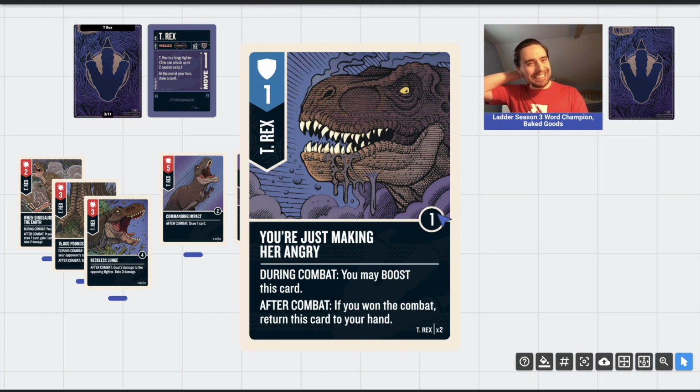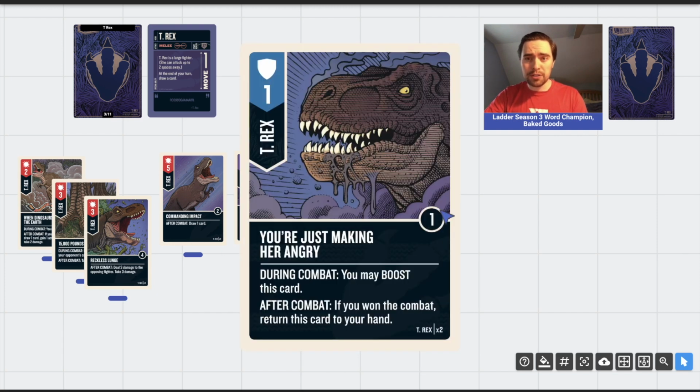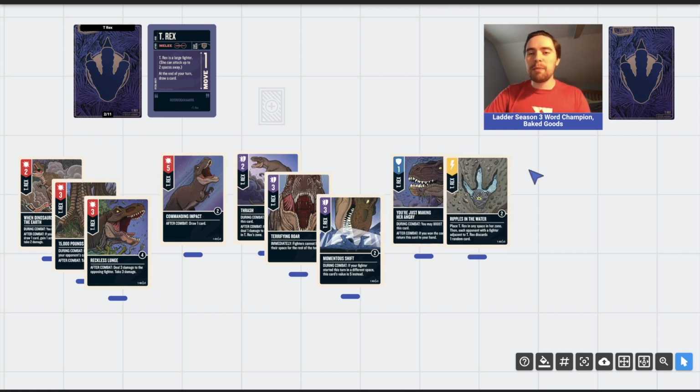I think it'd be a lot easier if this had a printed value of 2 so that you could boost it with Shift or Commanding Impact without having to expend other high priority, high boost value cards. So I'm not sold on this card, but please let me know if you think it's the best card in the deck. I just don't see it. But again, this is a first impressions video. Probably wrong. The next card is Ripples in the Water, which